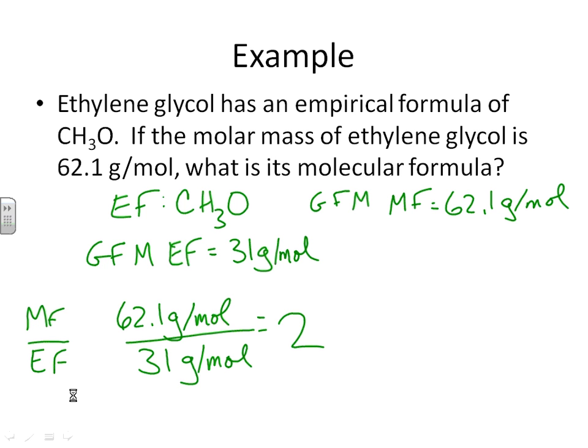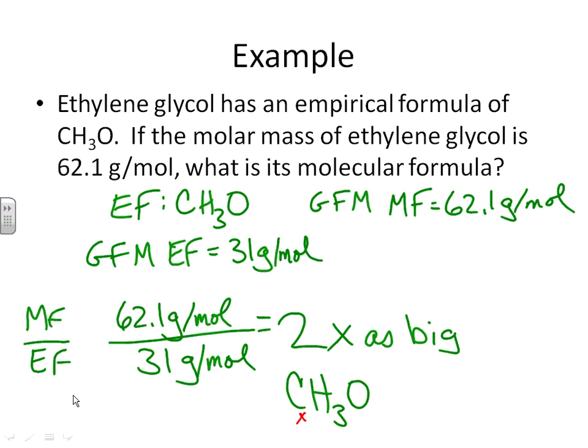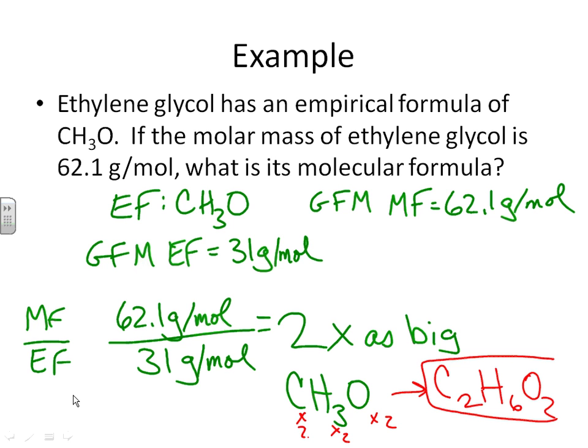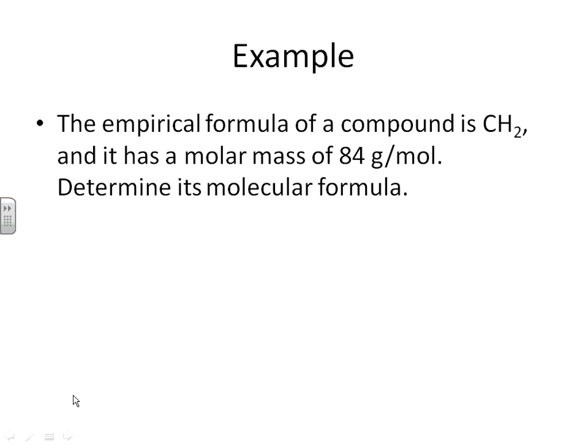What this means is that ethylene glycol, the actual number of moles, is twice as big as the empirical formula. So we need to take that CH3O and make it twice as big. The way we make it twice as big is to take all the subscripts and multiply them by 2. That gives us a molecular formula of C2H6O2. The lowest reduced down ratio is 1 to 3 to 1, but the actual number of moles is 2 to 6 to 2. And just to go through another example with this,